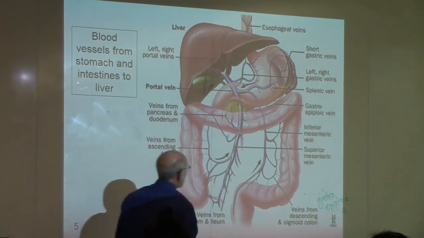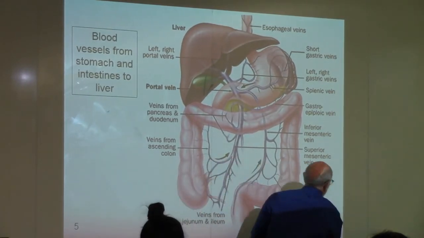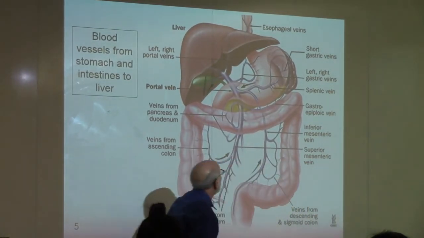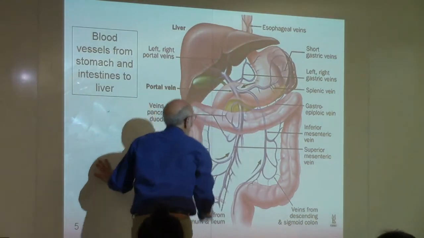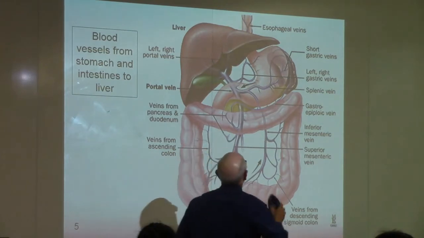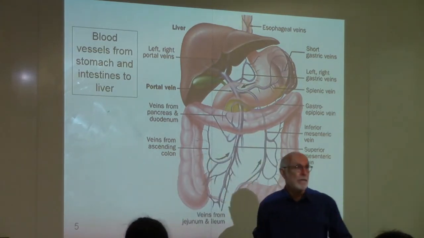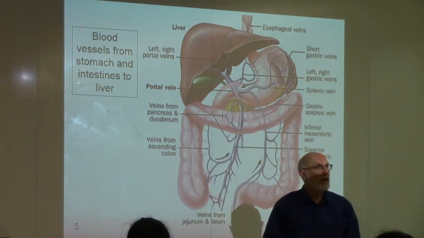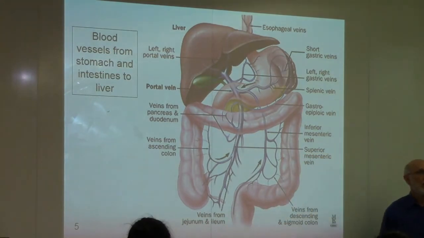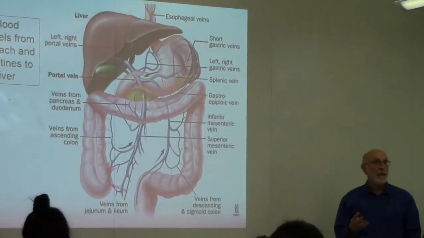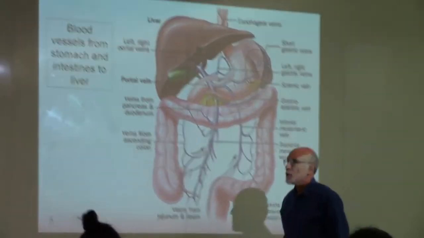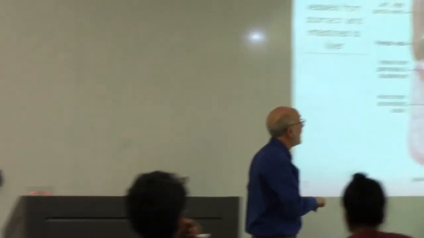The intestines are where most of the nutrients that we absorb from a meal are absorbed. Those nutrients go first to the liver. The liver gets first crack at all those nutrients to store it as glycogen or convert it into the things that the body needs. So the key veins that we need to talk about right now are